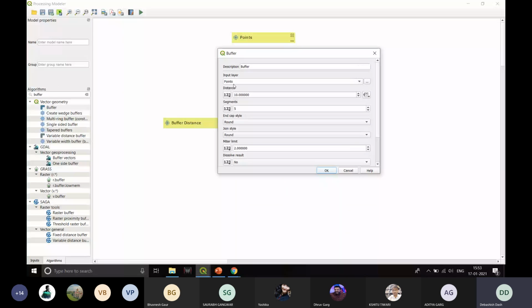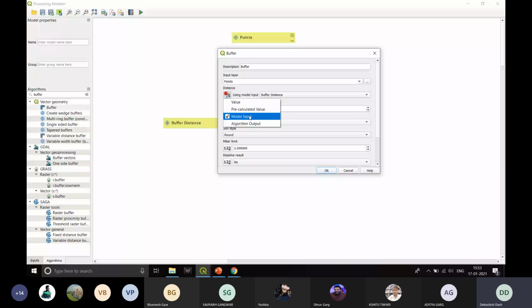Okay, distance. Now you can input a predefined value over here, but since we want to input the value every time, I'll just click here, and it gives me an option to feed in the pre-calculated value. Pre-calculated value is some value that we have already calculated and we're just trying to feed it. Sorry, I'm extremely sorry, it will be model input for now.